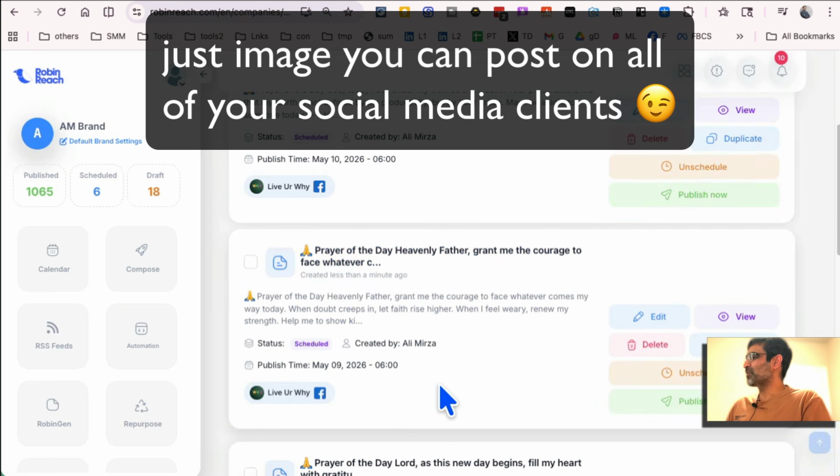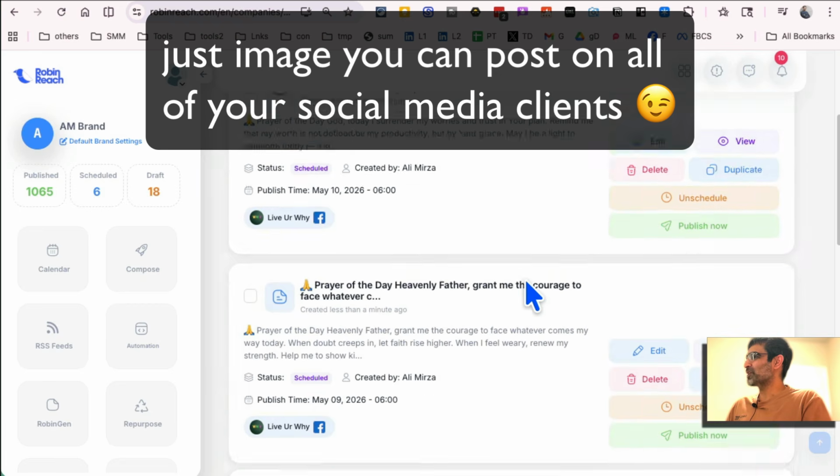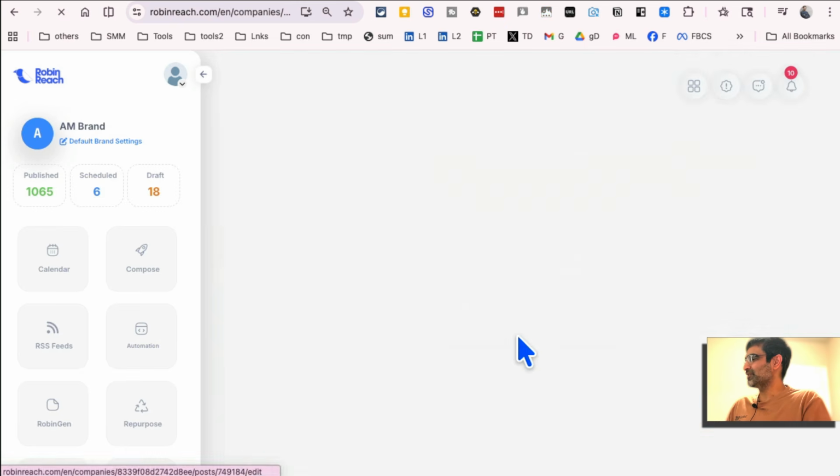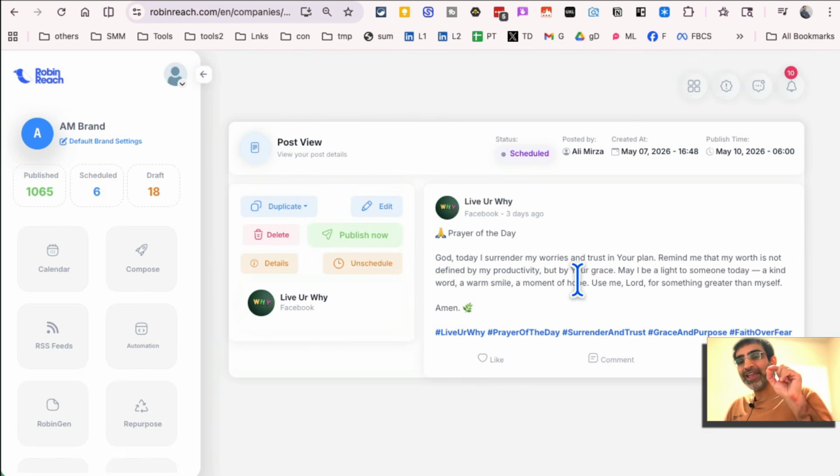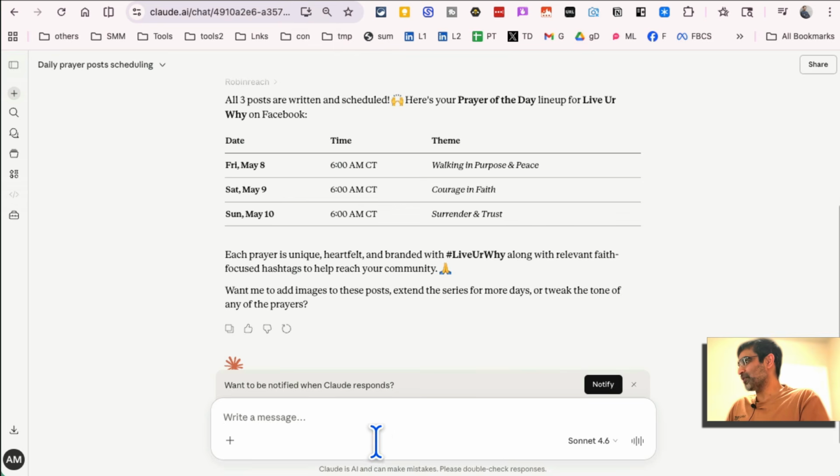Here is post number 2. Here is post number 3. So if I view it, it looks like it created just a text post. So let's go back. This is actually really good. Can you add